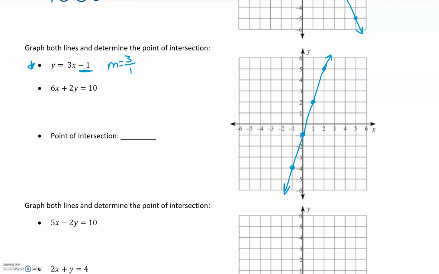Arrows on the end. So we got the first one done. Now let's do the second one. If you'll notice, the second equation is not in slope-intercept form, so that means we need to get the